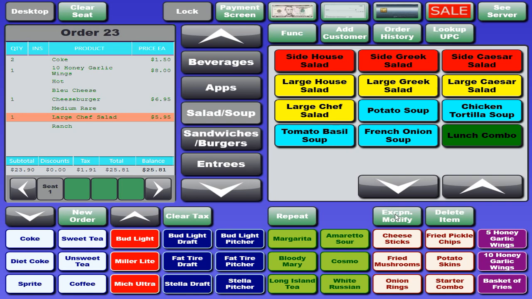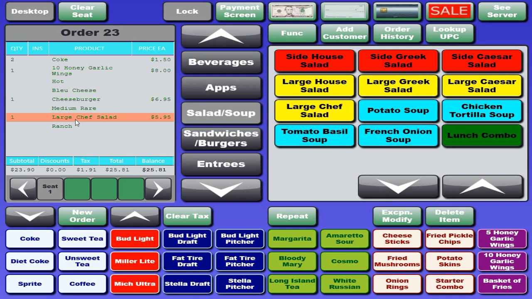And exception modifiers are also communications that go on a ticket to tell a kitchen staff or a bartender how an item needs to be made. But exception modifiers are for things that are not used as often. So we don't want to force someone to make that selection and slow down the ordering process. We just want it to be there if they need it. So in this example, we might say